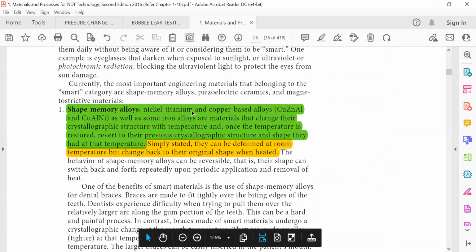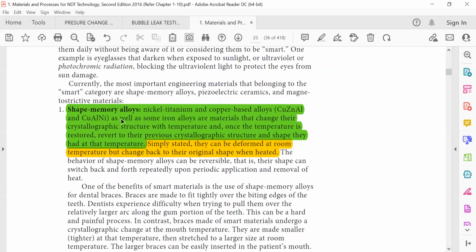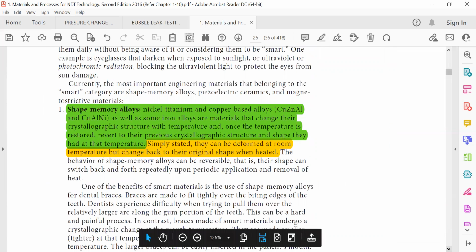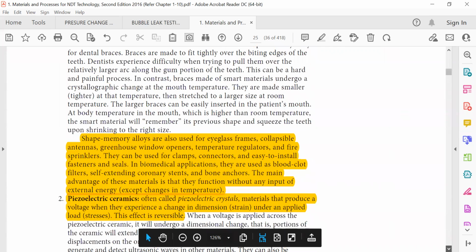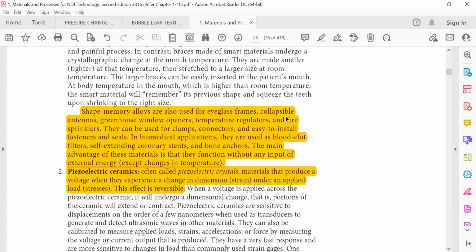Shape memory alloys: nickel-titanium, copper-based alloys, copper-zinc alloy, and copper-aluminum-nickel, as well as some iron alloys, are materials that change their crystallographic structure with temperature, and once the temperature is restored, revert to the previous crystallographic structure. Simply stated, they can be deformed at room temperature but change back to their original shape when heated. So they are called shape memory alloys. Shape memory alloys are also used for eyeglass frames, collapsible antennas, greenhouse window openers, clamps, connectors, easy-to-install fasteners, and fittings,